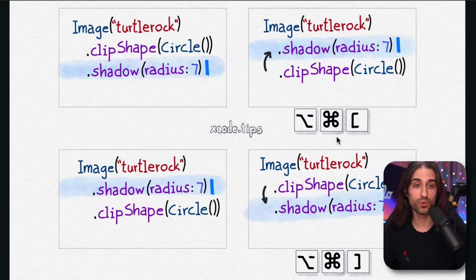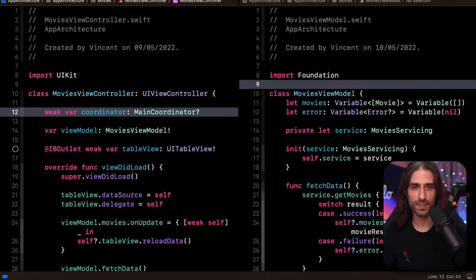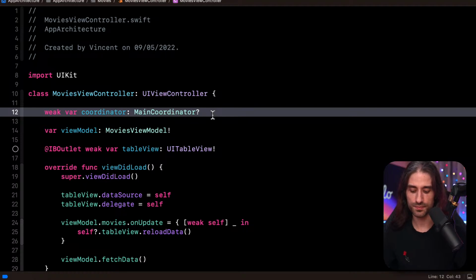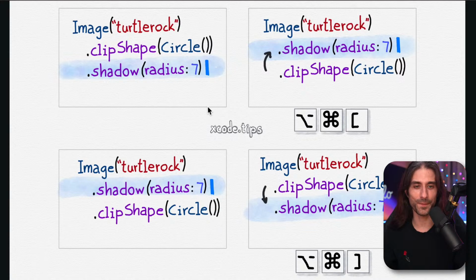And usually these shortcuts don't work for us on the AZERTY, the French keyboard layout. So let's see. It should be Alt, Command, and square brackets. Let's try and see. I'm going to take this line and try to do it. Yeah, it doesn't work. So actually, I think if you have a QWERTY keyboard, it's going to work really fine. But if you have, like me, an AZERTY keyboard, it's one of these shortcuts that you can't really use, or at least you have to manually remap it. But it can be quite useful to be able to easily move a line up or down.